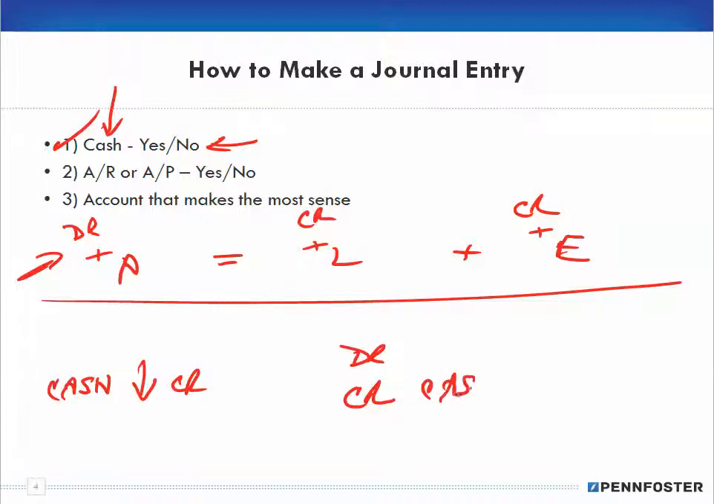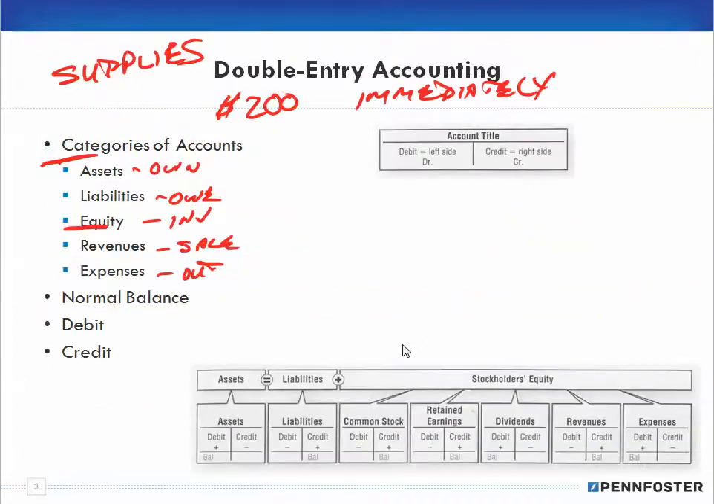So you have your credit to cash for 200, and debits have to equal credits. So that means you're going to debit something else. But the question is what? If you jump up here and you look underneath, you see an account under assets called supplies,